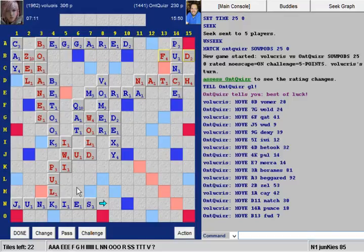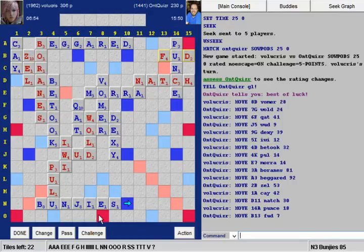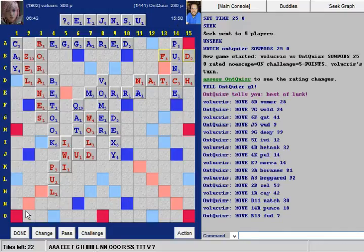Actually, you know what? This is. I know this is like 40 over here. I don't care. This is definitely better than playing for like 69. Unless there's something. Well, the other one was bungees, and that also scores. But this is actually, I disprefer really opening this. I think, especially with all these eyes out. The most likely vowel Andy is gonna have right now is an I, so like